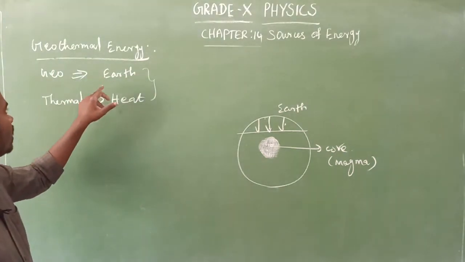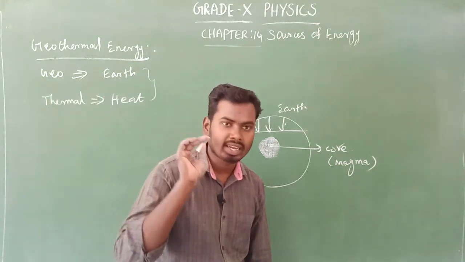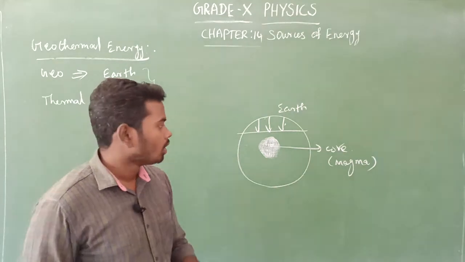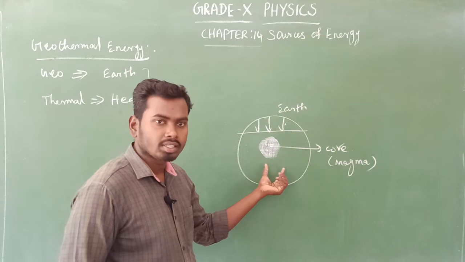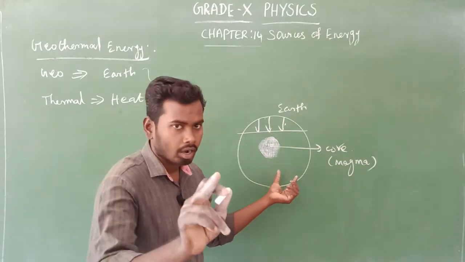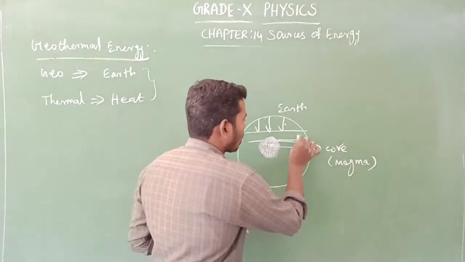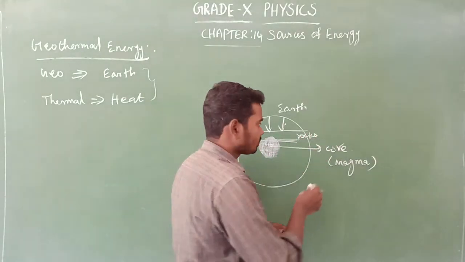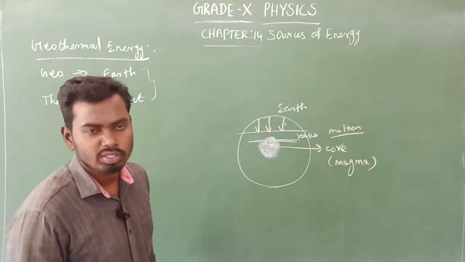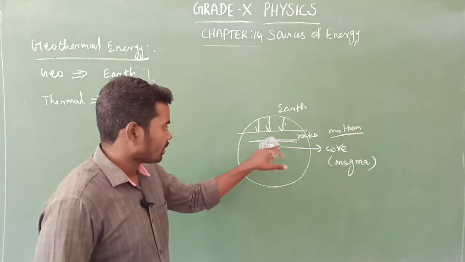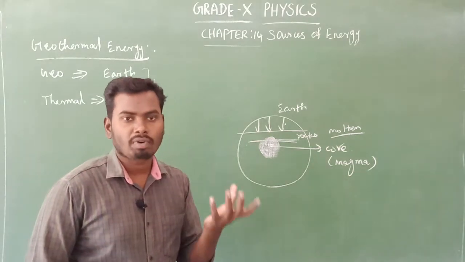What is geothermal energy? Earth heat energy which is used to convert to some usable form of energy like electrical energy is called geothermal energy. Okay, so look at here. This is earth. Still the earth core is very hot. Not only the earth core, even some rocks also become molten. You know what is molten? Tamil will say urigi poradhu. Okay, yes.